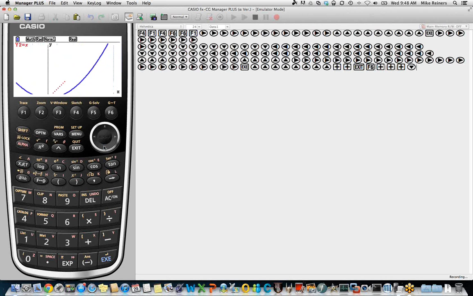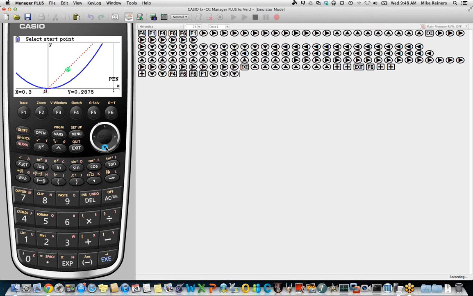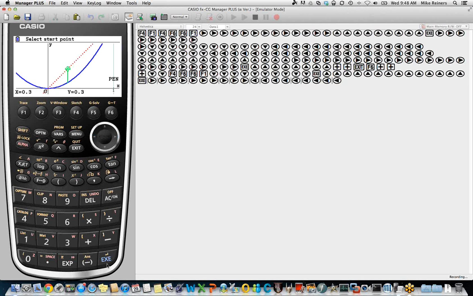If we zoom in very closely here on this graph, we could use the pen tool to show something like, starting at this point on the graph and going up to the line, and then returning to the graph. Turn my pen off. Let's turn the pen back on.